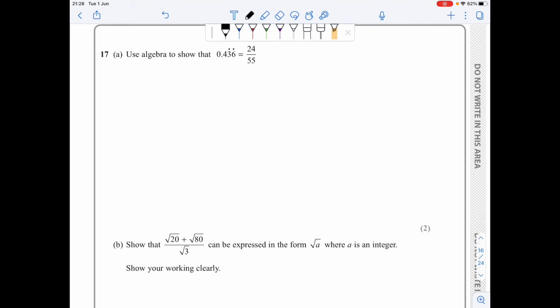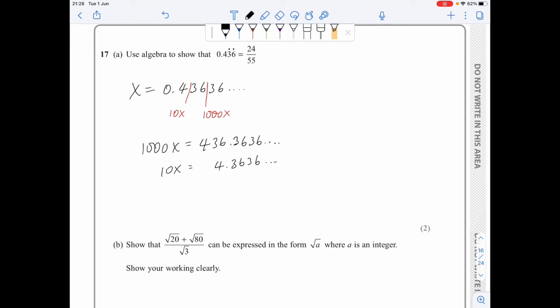Let's start part A by writing x equals 0.43636 and so on. Repeating numbers are 3 and 6. The first pattern starts at 10x, finishes at 1000x. So I've got 1000x is equal to 436.3636 and so on. 10x is 4.3636 and so on. And if I subtract,